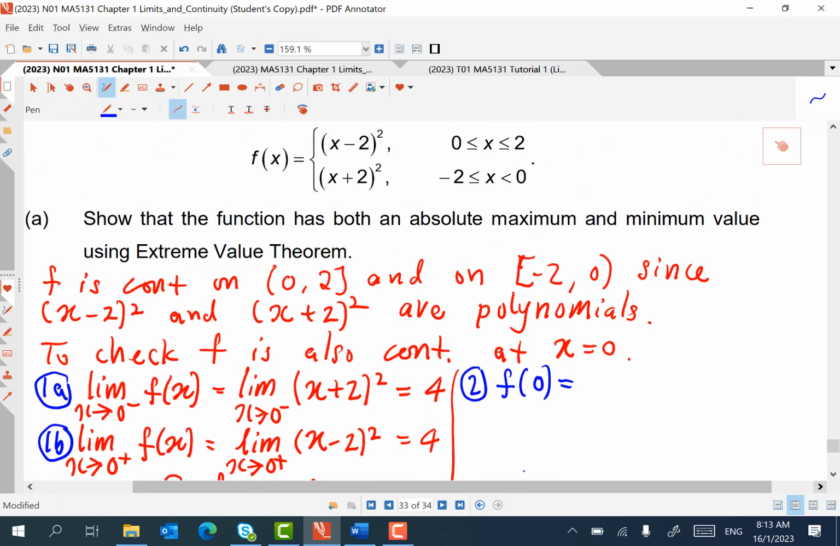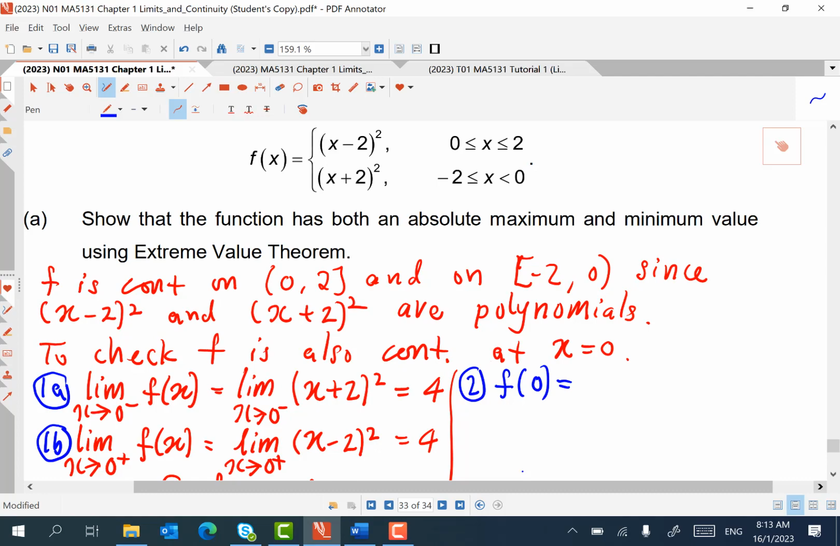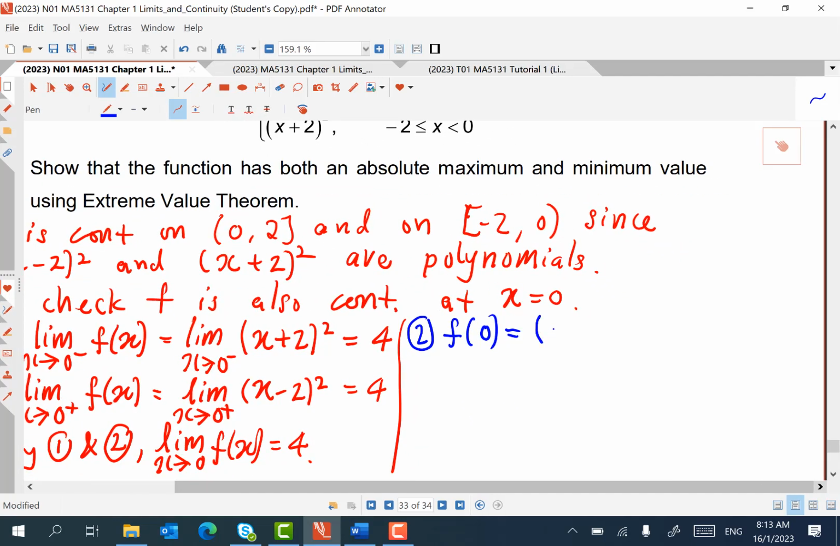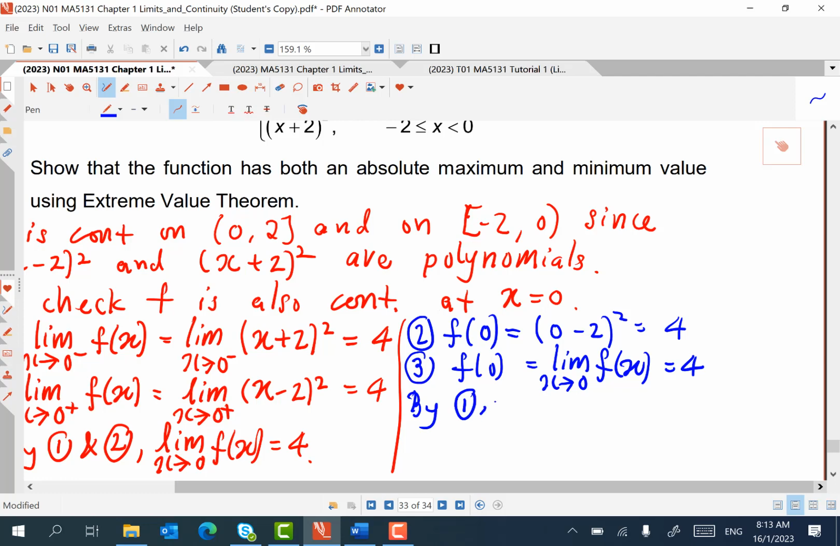For f(0), which function do you use? The x minus 2 squared. So this goes to 4. And number 3, you say that f(0) is equal to the limit as x tends to 0 of f(x), which equals 4. So by 1, 2, and 3,